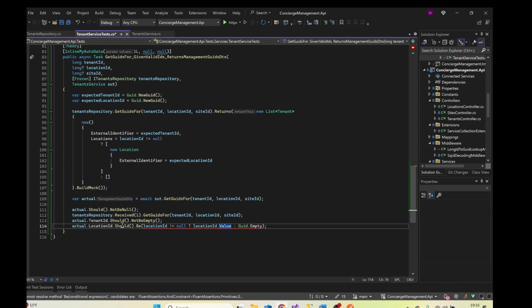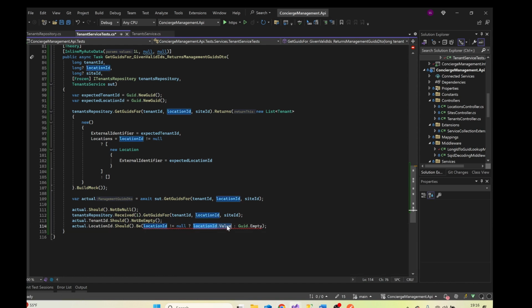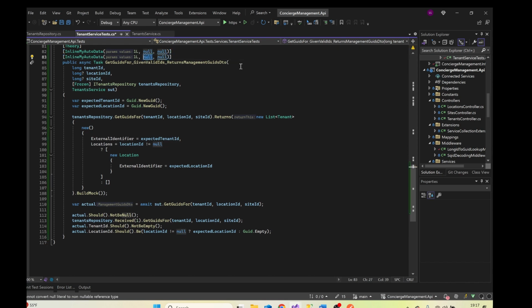Sorry, expected location ID, Guid.Empty. And then I can add my attributes for this test and run. I will go 1, we'll go 2, and no. And if I run,